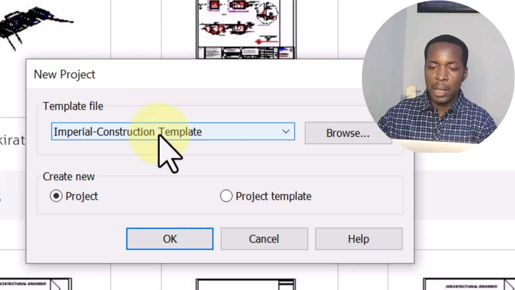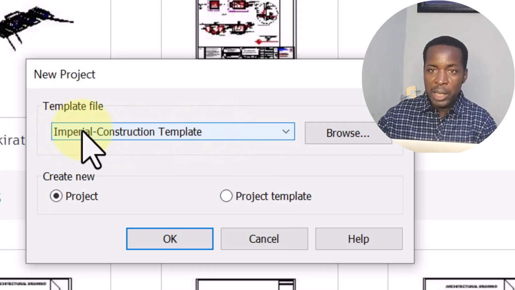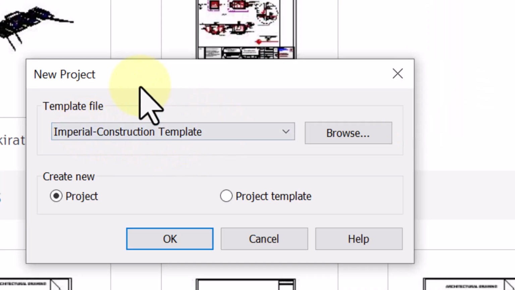Now click on this drop down. Before you even click on the drop down, you see that there is Imperial Construction Template. If I click OK now, it will take me to the Imperial Template, and that means the dimensions I'll be seeing will be